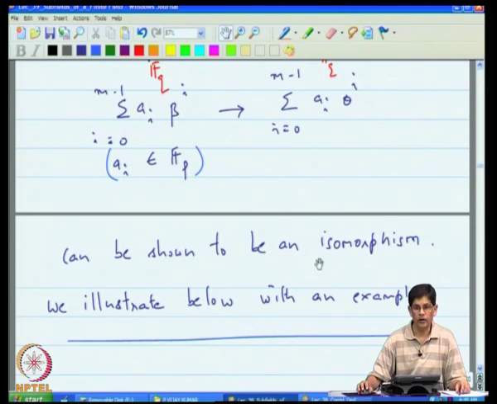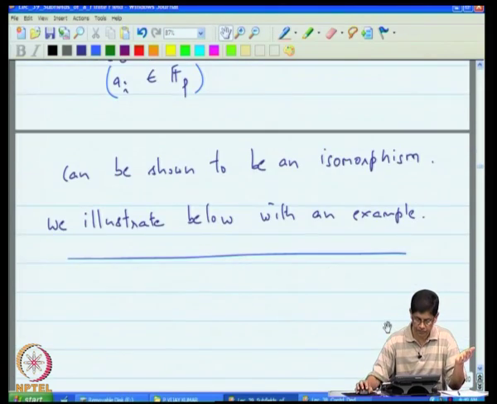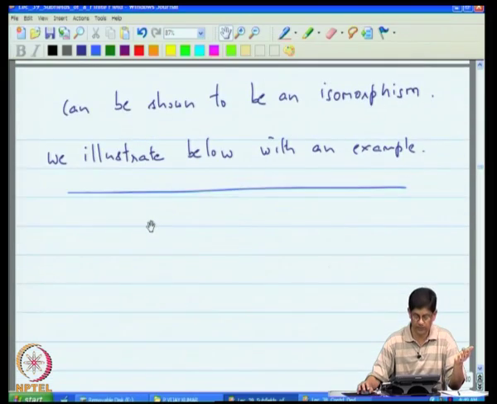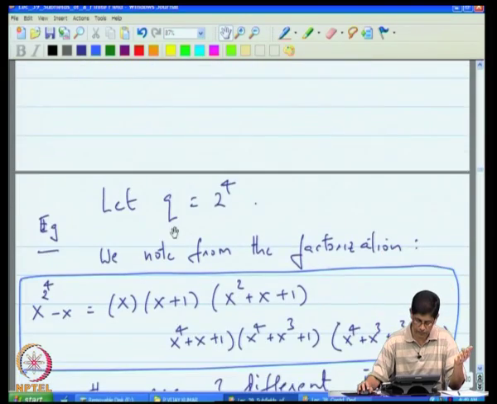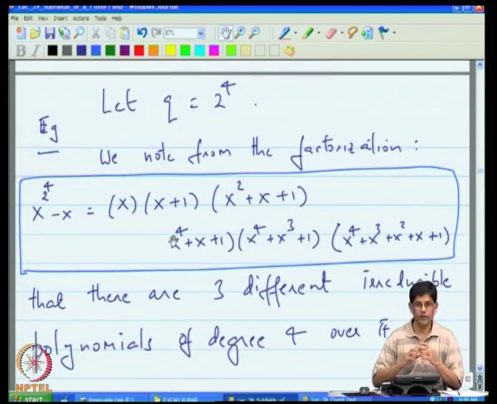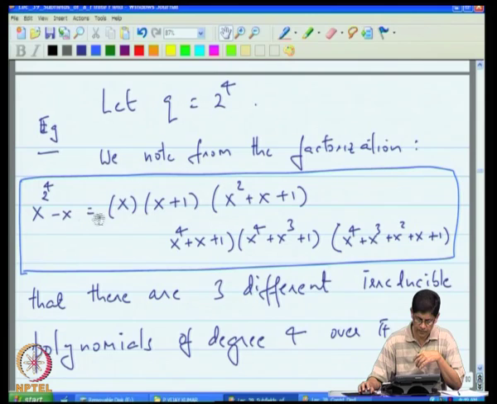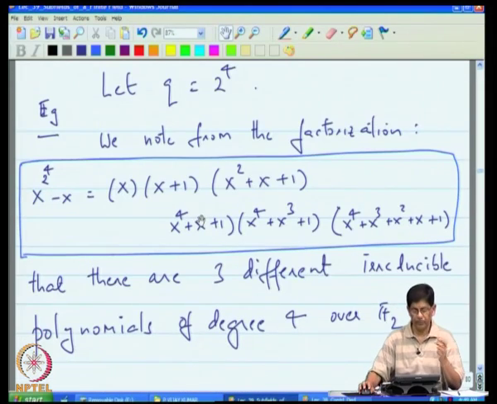Now this can in general always be shown to be an isomorphism. What we do here is we illustrate with an example. So let q be 2 to the 4, and then we note from this factorization, I have shown you this factorization earlier, that there are at least 3 different irreducible polynomials. Well, we showed a short while ago that x